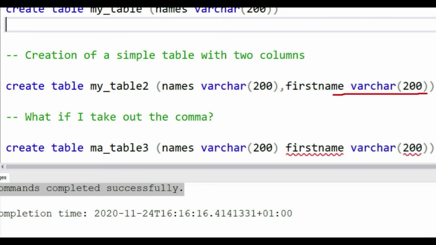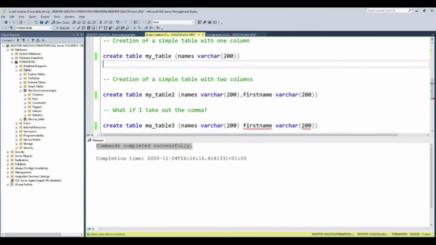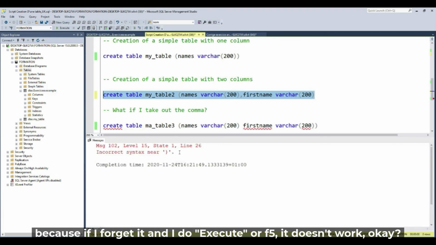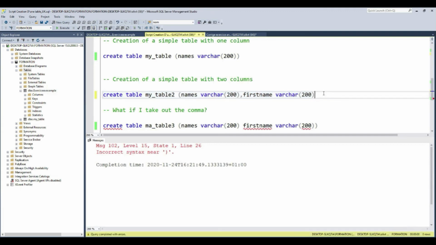Okay? Don't forget the second parenthesis, just here. Because if I forget it and I execute the query, we have an incorrect syntax. Okay? Just add the parenthesis,